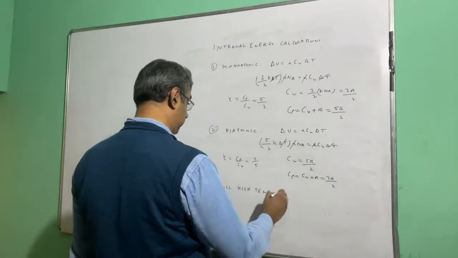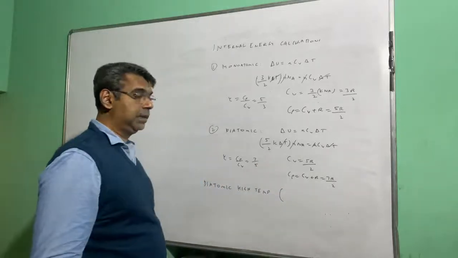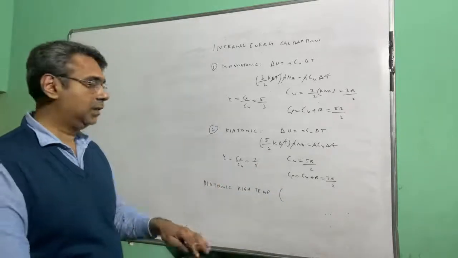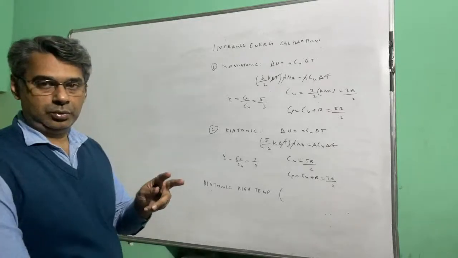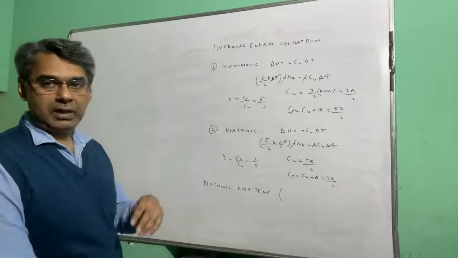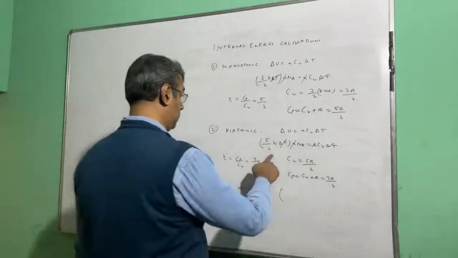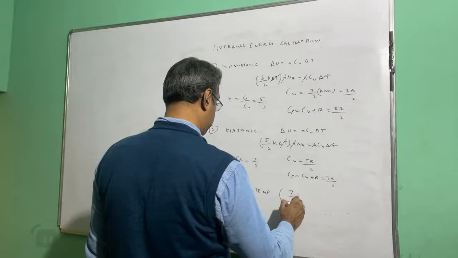So if it is high temperature, then 5 degrees of freedom for kinetic energy, and vibrational has two, as vibrational has potential and kinetic both. So this will become 7 times